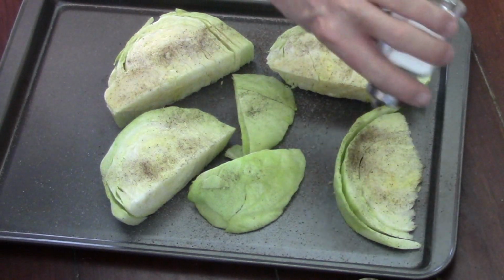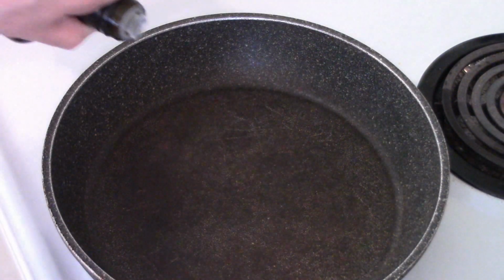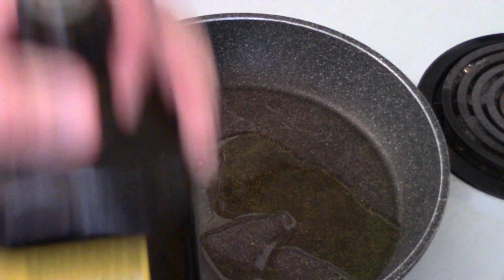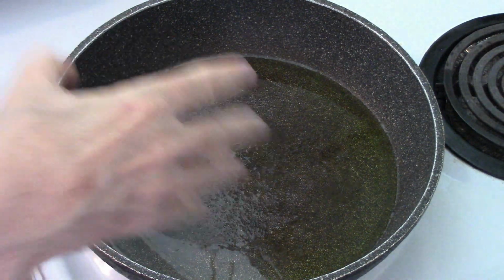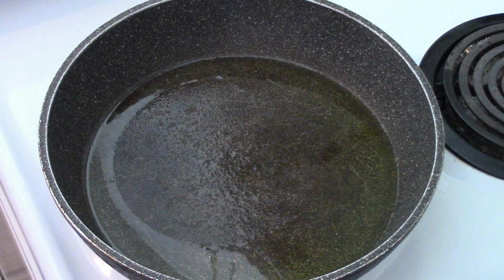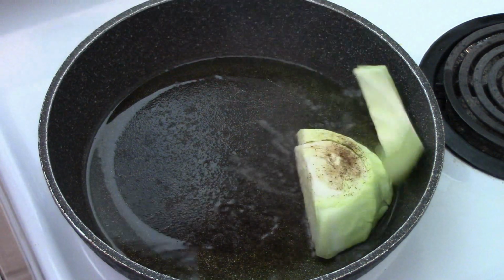All right, over to our stove. One frying pan. A good bit of olive oil in the bottom, or any other oil you want really. Get it nice and warmed up. You can tell if you flick some water on it and you get that nice little sizzle. Good to go. So carefully